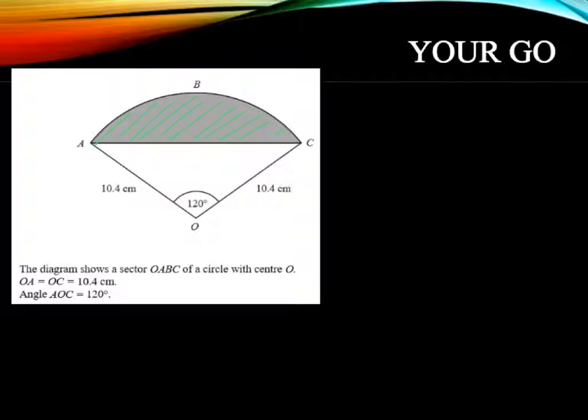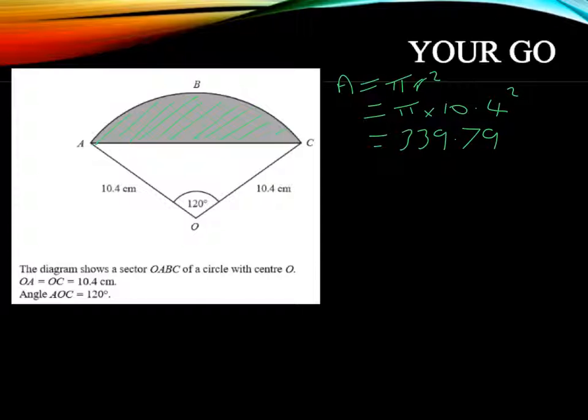Right, very similar to the last question then. So what we are going to have to do is to work out the area of the whole circle first. So area equals pi r squared. So that is pi multiplied by 10.4 squared, which gives me 339.79. Again, we'll go for three significant figures here, so I'll make sure I've got enough centimetres squared. I don't want all of it, I only want a proportion of it. The proportion I want is 120 out of 360 of this that I've just worked out,